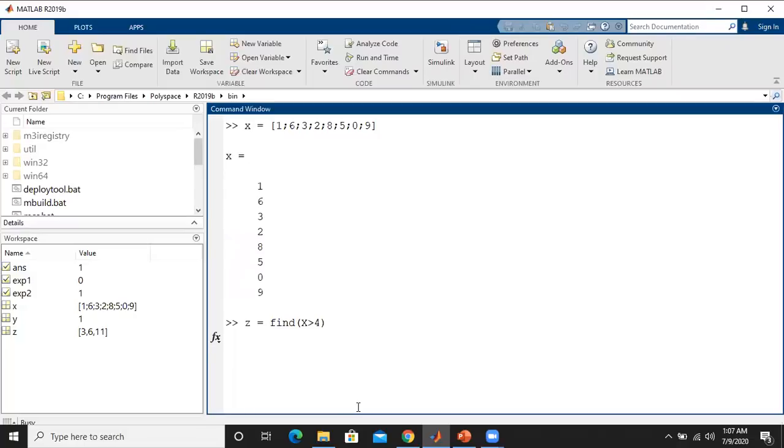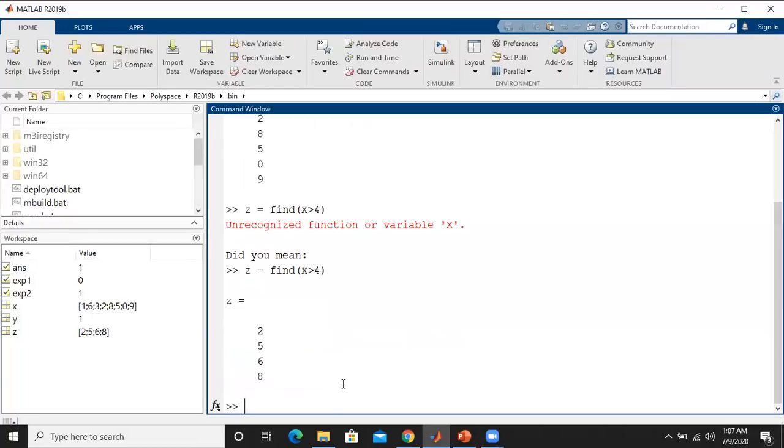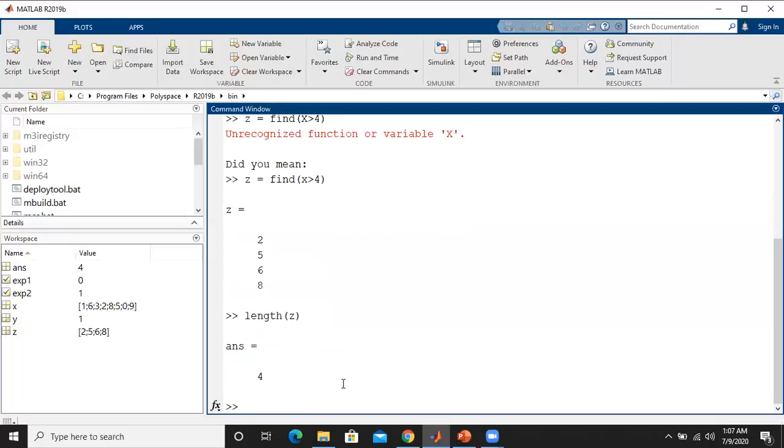Now the answer that you can observe, right? Because I got an error. Why? Because here it is small x, but I typed capital X. That is the error. Now it is small x, so we get the answer. The indices are 2, 5, 6, 8. Now you can find the length of those indices. How many indices are there? So find length of z. Then we get the length as 4.